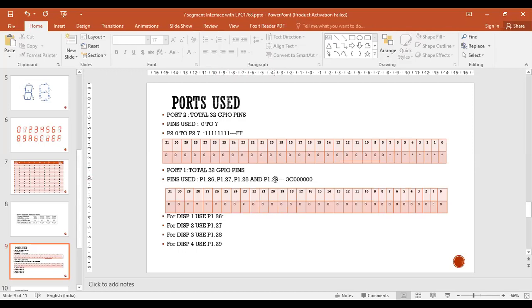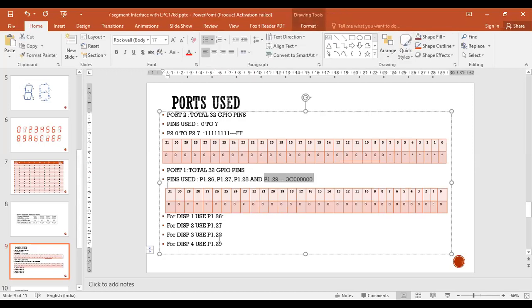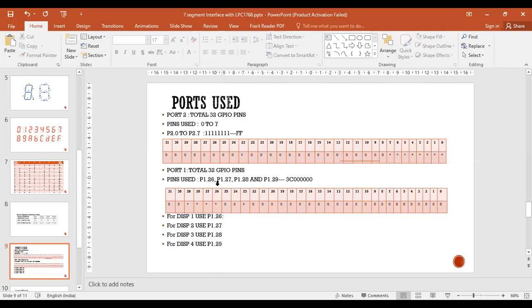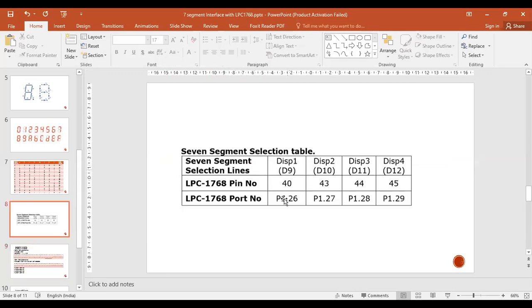In order to turn these 4 pins on, I am going to send an information called 3C000000. This is the value I will send, so that port 1 26th, 27th, 28th, and 29th pins will be activated, so that all 4 7-segment displays will be in activated mode.